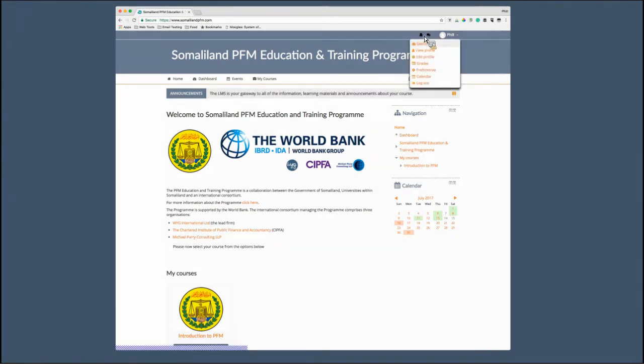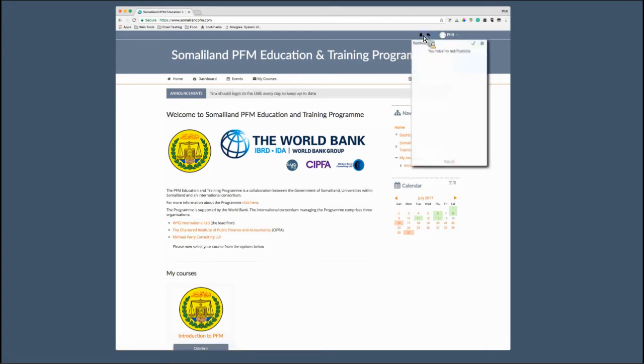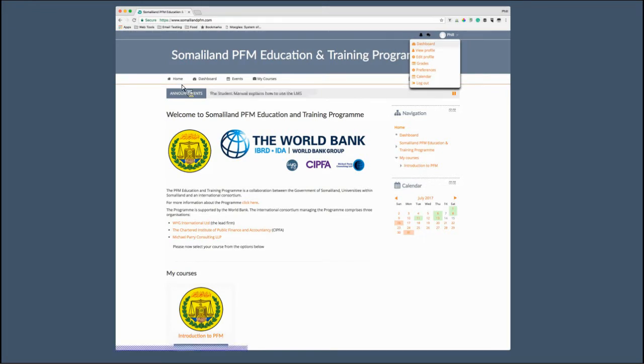So back up to here then, your notifications and messages. If there's any notifications, you'll see a number on there based on how many notifications you've got, and the same with messages. If we move over to the menu next to your name, you'll see there are a number of options here. The dashboard, which you also see over here, we're not actually using at the moment, so you can pretty much ignore that. You'll be able to view and edit your profile